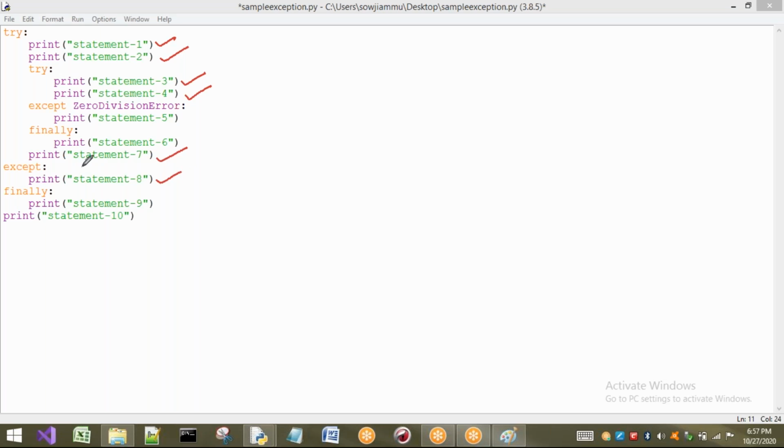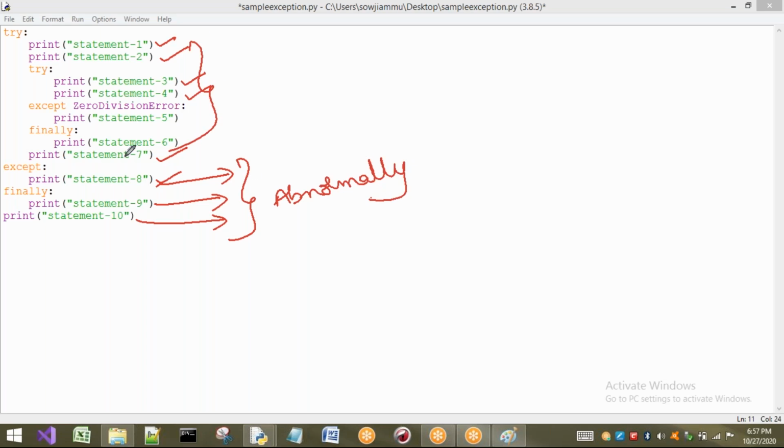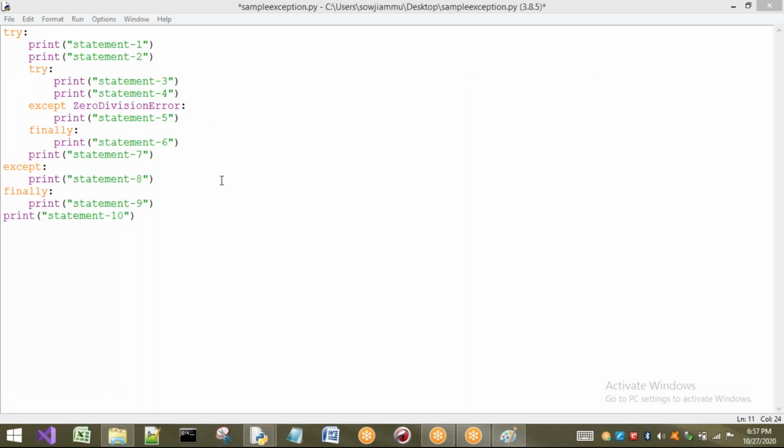If there is any exception here, do we have any handling technique? We do not. So if you get any exception here, or here, or here, in these 3 cases, the program is going to be terminated abnormally. We are not going to bother about all these 7 statements, but if there is any exception in the 8th statement, 9th statement or 10th statement, the program will be terminated abnormally. So I will take those cases directly and execute.